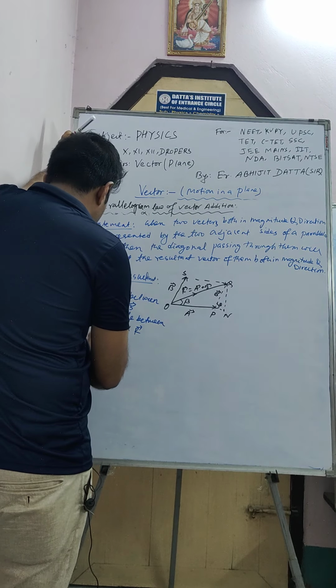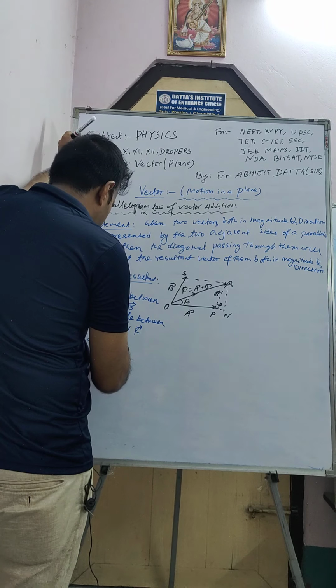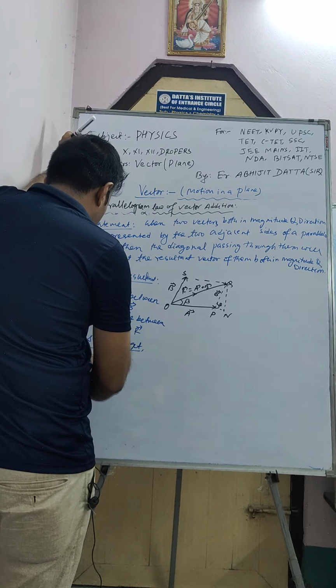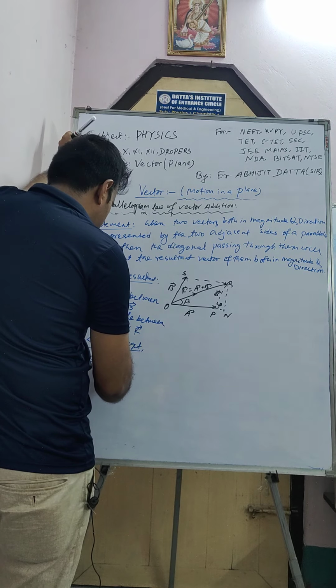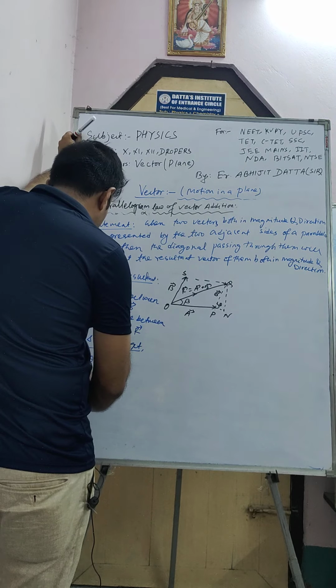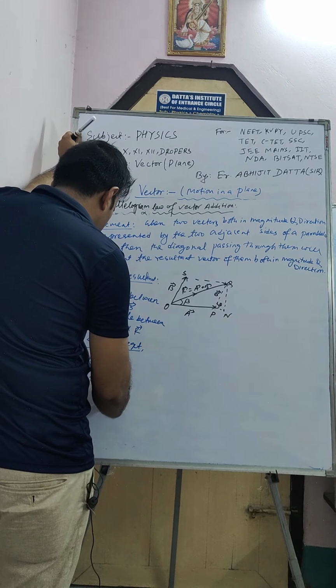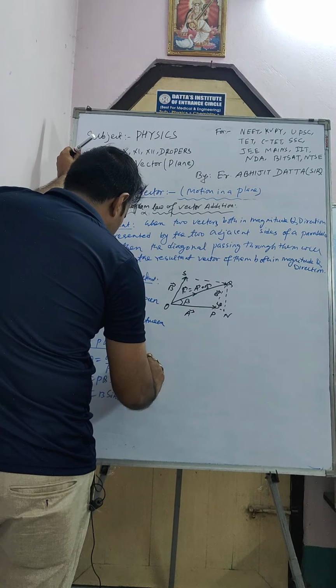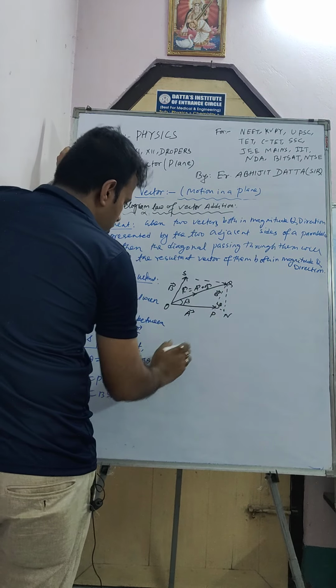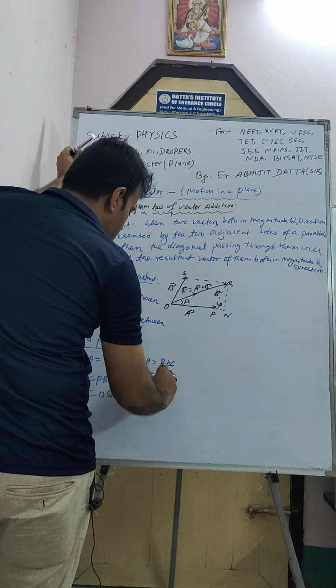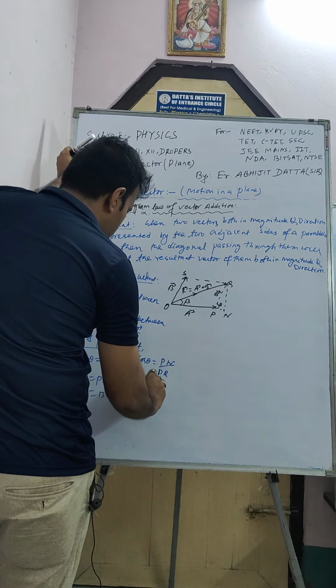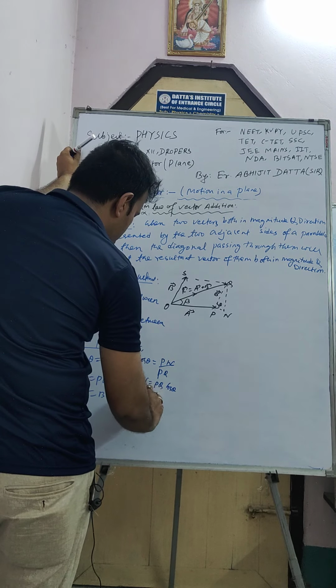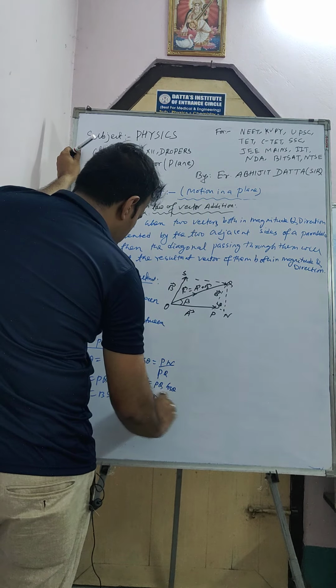from triangle PQN, what we get, sir? We get sin theta equal to QN by PQ, right? That is QN equal to PQ sin theta. It will be B sin theta, right? Again here also cos theta equal to how much? Base by hypotenuse, that is base is PN, so PN by PQ. Okay, so PN equal to PQ cos theta. Now it will be B cos theta.